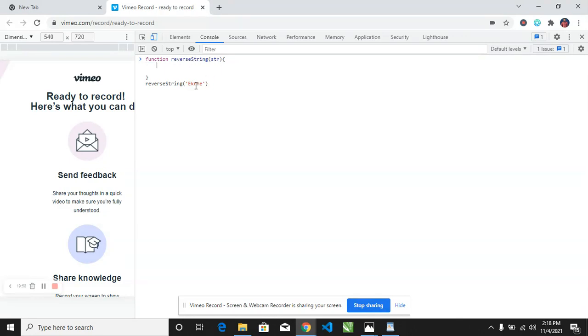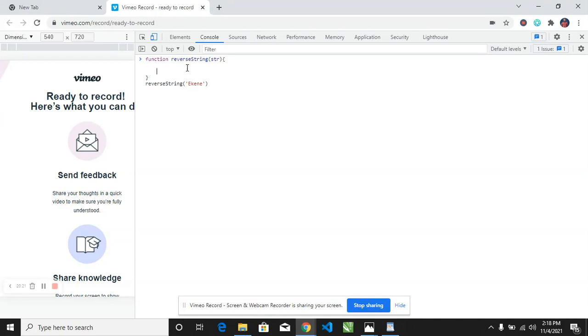So we're passing in Ekene, which should be passed into the string, and then that string will be used in this place. All right, so I want to loop through the string in order to be able to reverse